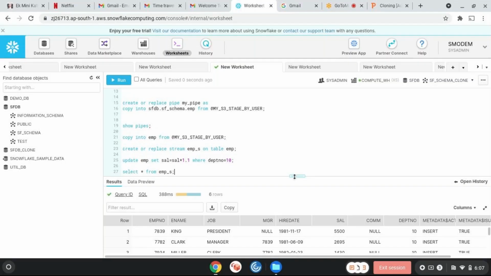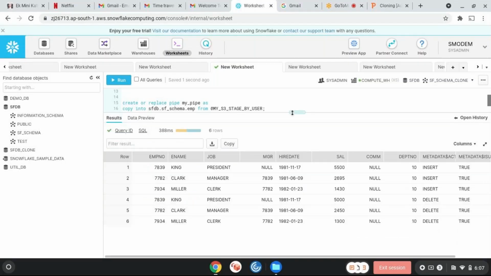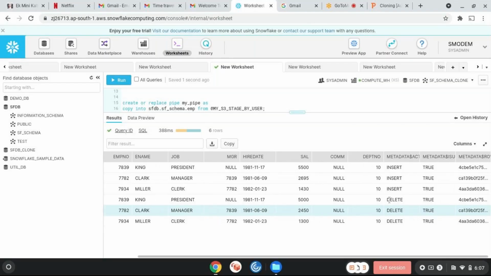So how many records are there? You will see 6 records, because it will delete the old data and insert the new data, and salary will have the same thing. So this is delete. Old records got deleted, and then it inserted the new records. If you look at it, 5,000 inserted 5,500,